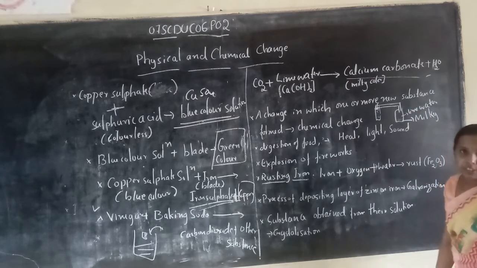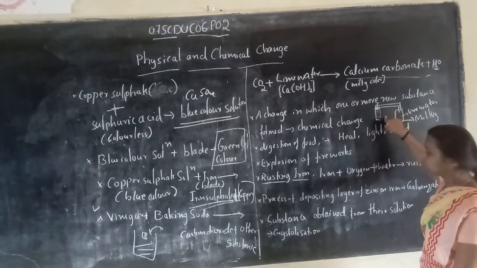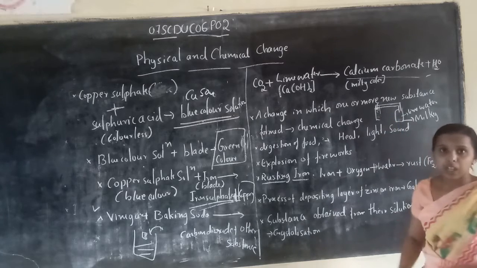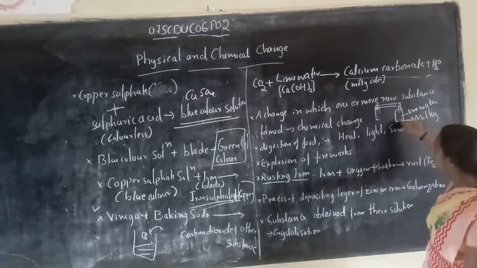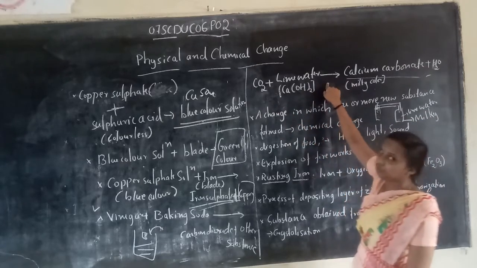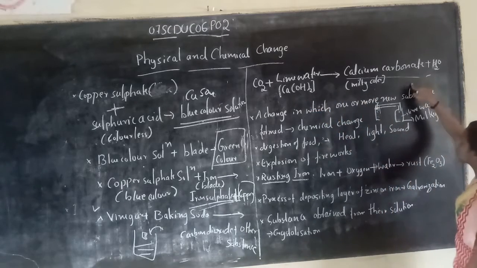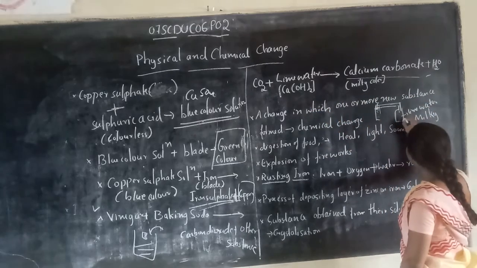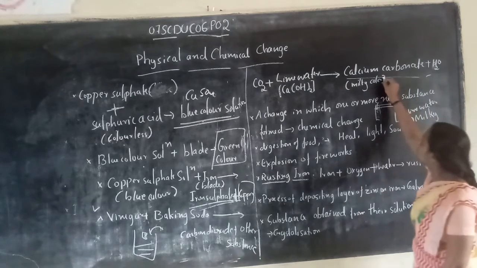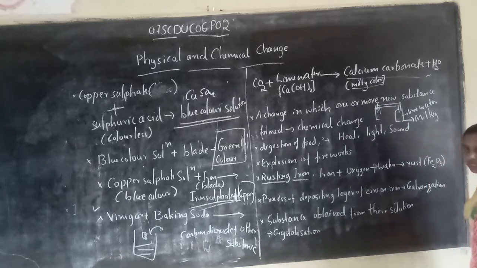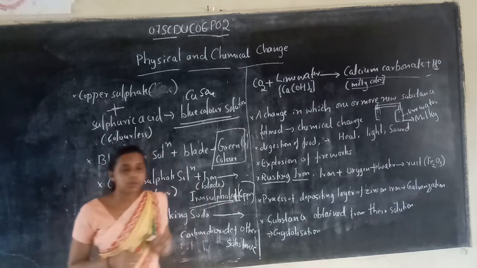So first I take vinegar and baking soda. When they react, we get carbon dioxide, which is a gas. This gas passes through the lime water. Carbon dioxide reacts with lime water, which has calcium hydroxide, so they form calcium carbonate and water. What is the color of calcium carbonate? It is milky. So another substance is also formed here. Where do we use this calcium carbonate?